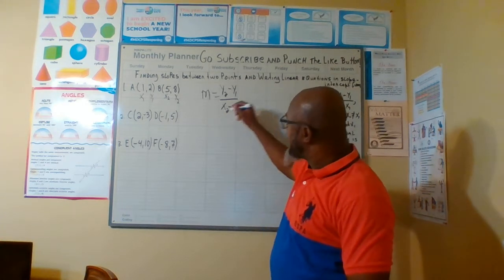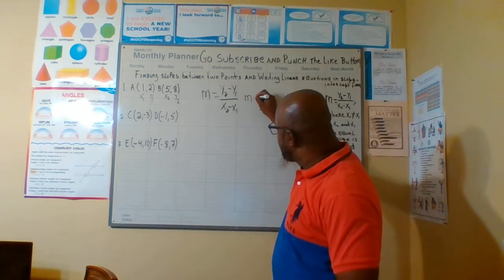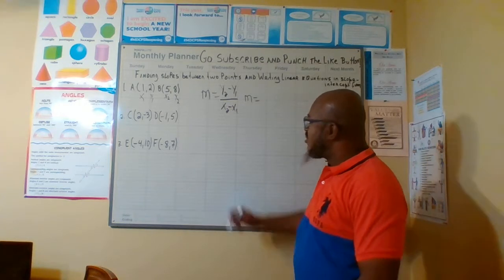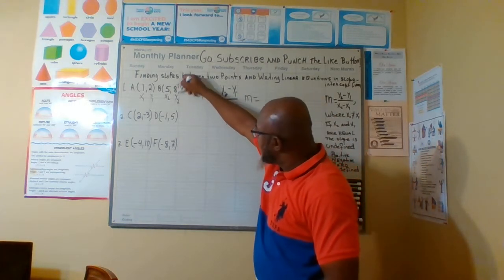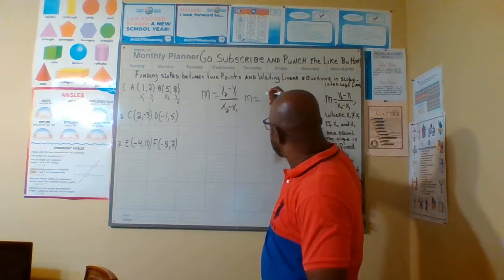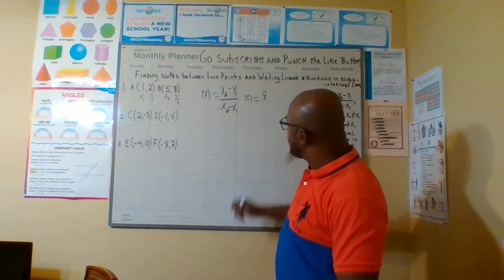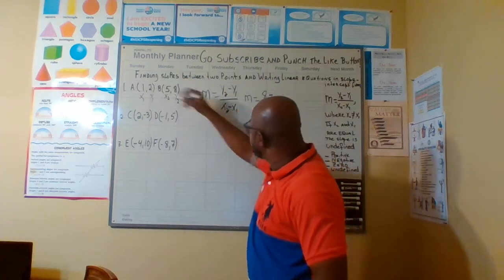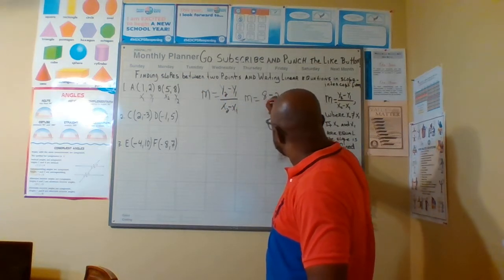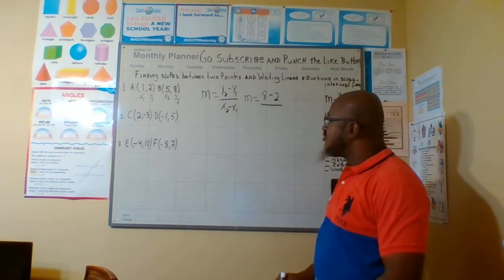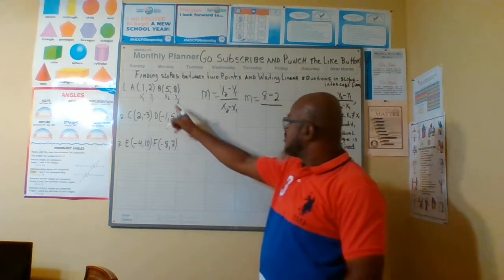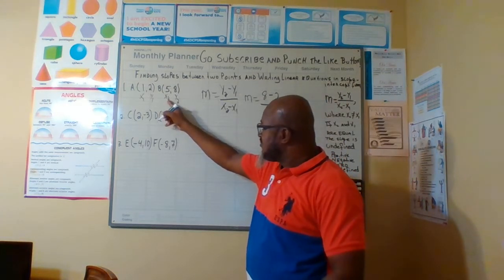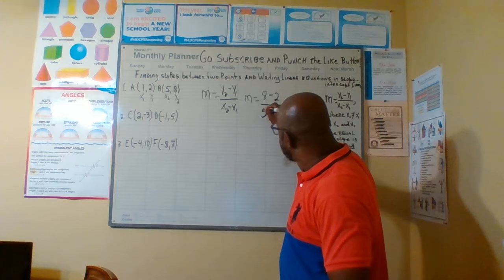Now, I'm going to plug it into the formula. My y2 is 8. I replace 8 minus y1. My y1 is 2 and over x2, which is 5. Replace 5 minus